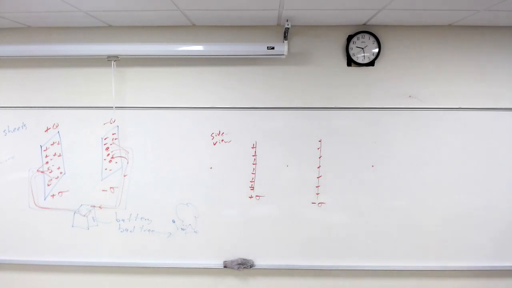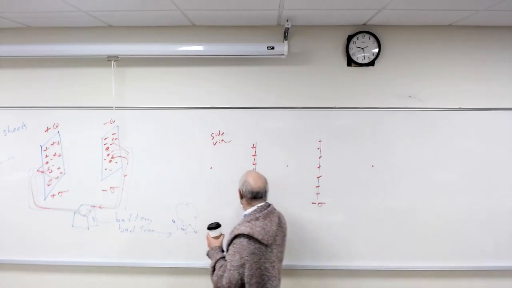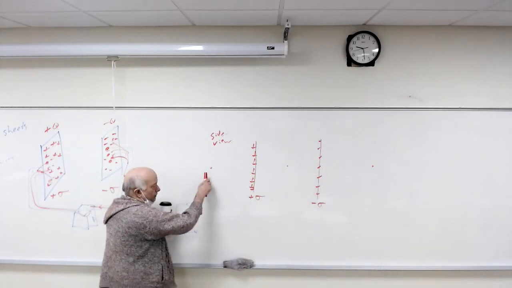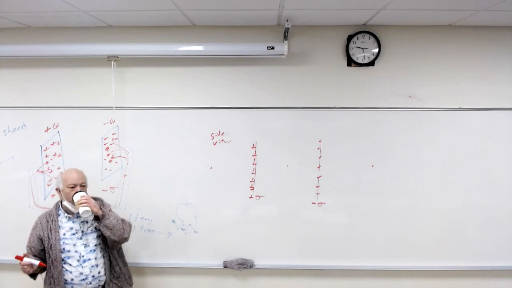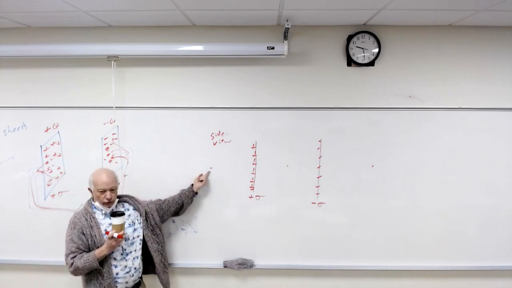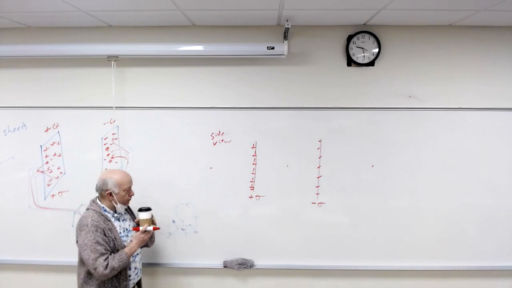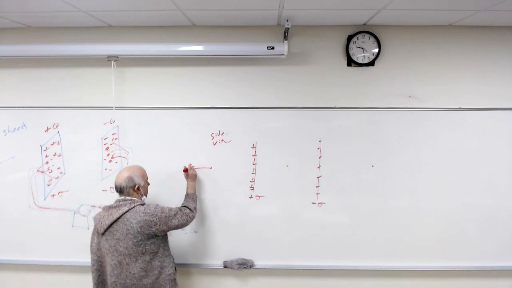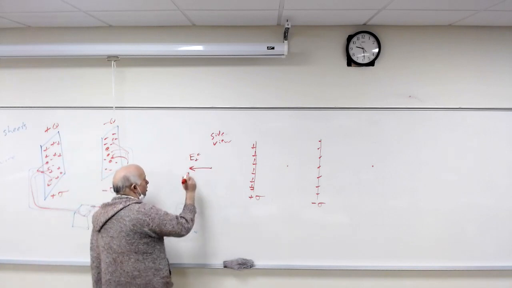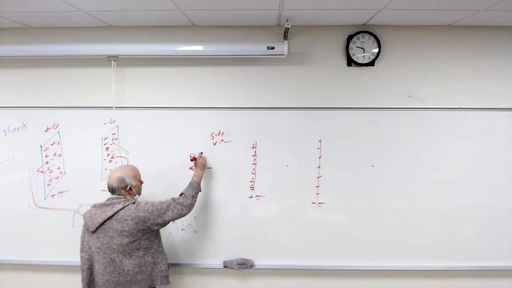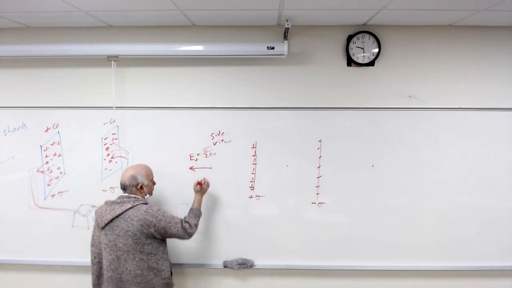So how does the electric field look here due to our positive plate? It goes perpendicular in both directions. Okay, so just right here, at this point, it has to be going this way. So this is E due to the plus charge. What is that given by? It's given by sigma over 2 epsilon naught.